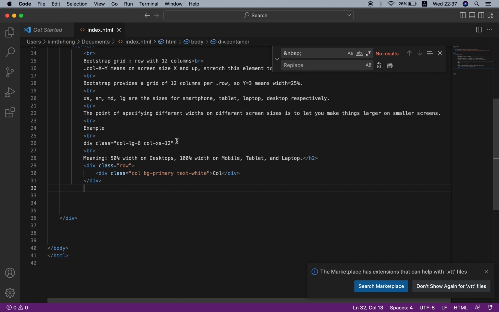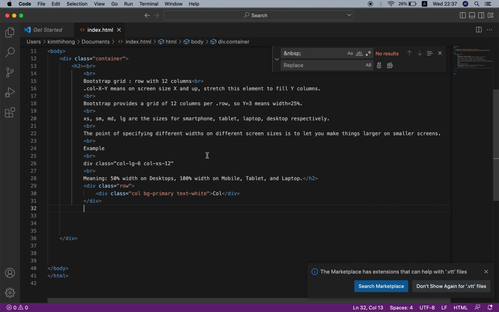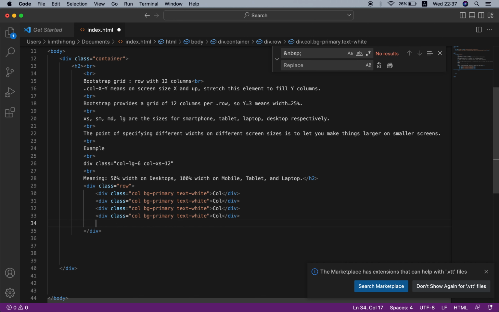because the Bootstrap grid system contains a row with 12 columns, we add more columns here. Another column, we have 1 2 3 4, or just 4 columns here, and see what it takes.